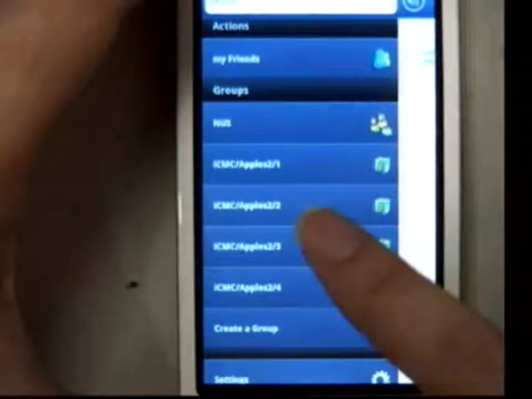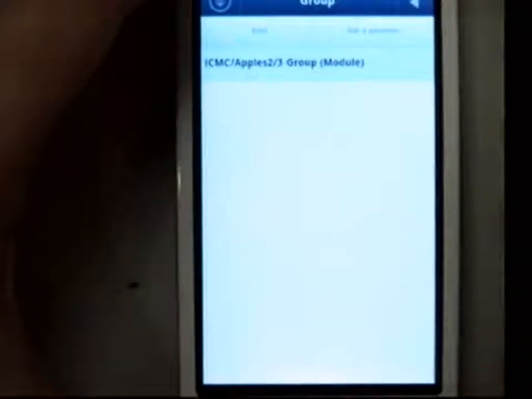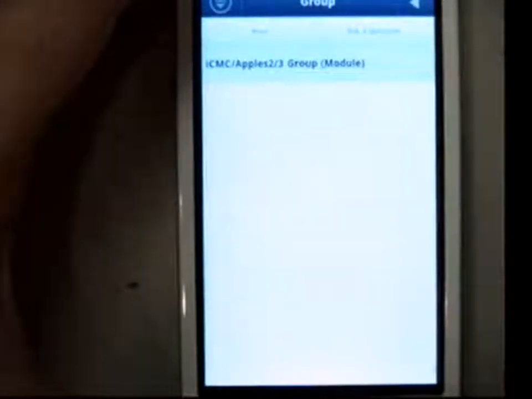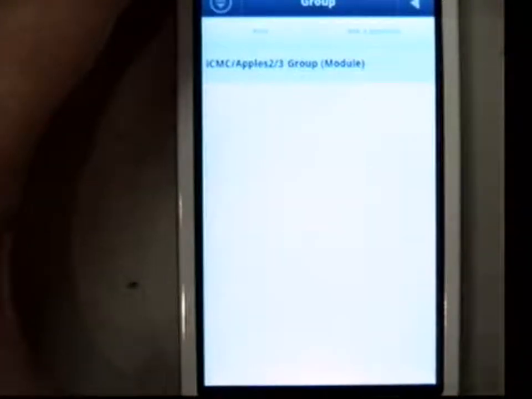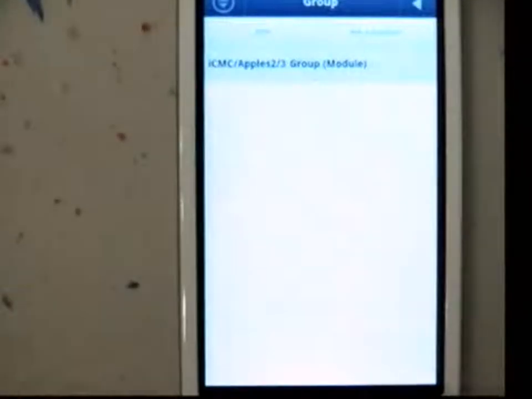So you go into your groups. These groups have been created according to modules, but I see I can also create groups and just add random friends. Private groups. Okay, private groups. Yes, right. Okay. Can you post questions to everyone? Everyone, that will be public. I created a public NUS group where all the users will be automatically added. So if you post there, that acts as a public forum for all the users. Okay. Yeah.